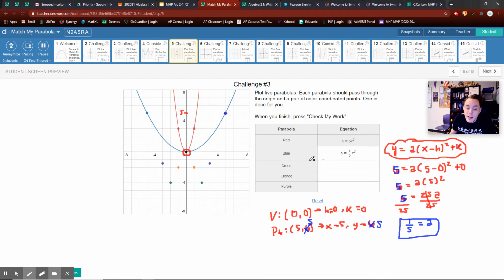So let's actually try this with green. Let's try it with green. So I want to get to these points. Let's actually get this point here. -2, -4. Actually, let's get the 2, -4. Let's do 2, -4, because I think it'll be a little bit easier. And I'm always going to use my vertex. So in green, if I want to find green over here,